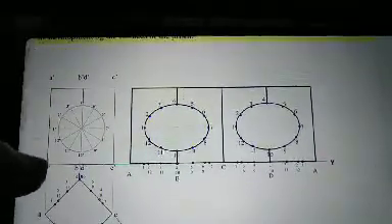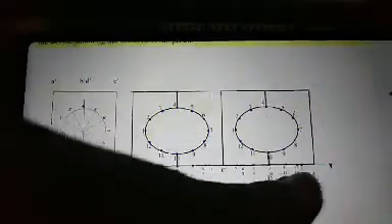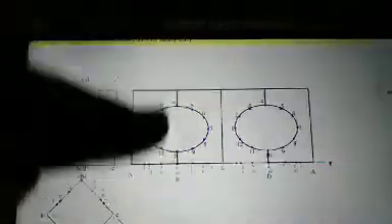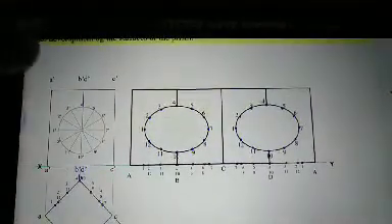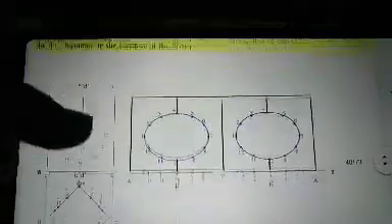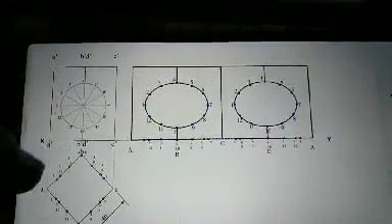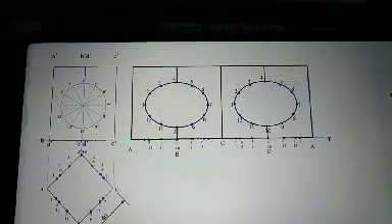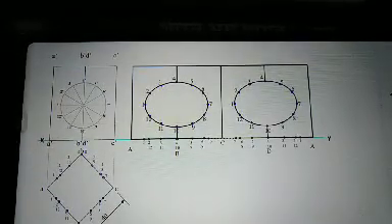Now this horizontal line is the XY line. All the development you have to draw on this XY line. The front view also lies on this XY line. Okay, now the height is 65 and the vertical faces are equally inclined to VP. Above is HP, below is VP.